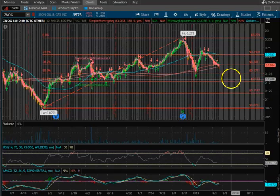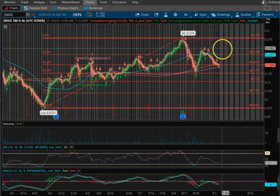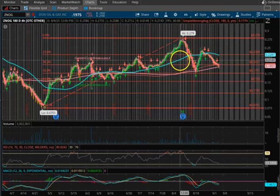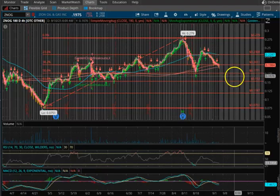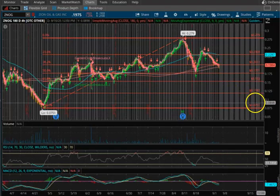Below 17, you're looking at 15, down to roughly 12, down to 7.5. And the reason I say that: our golden cross breakout indicator, if we get below 17, there's a good chance this here crosses back over, which signals we have more room for downside. So without any news coming out from the company, if this happens, I think we're going to continuously see it